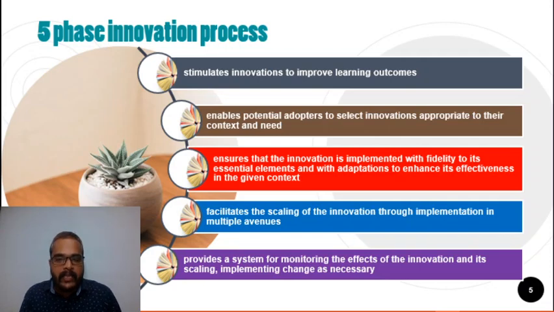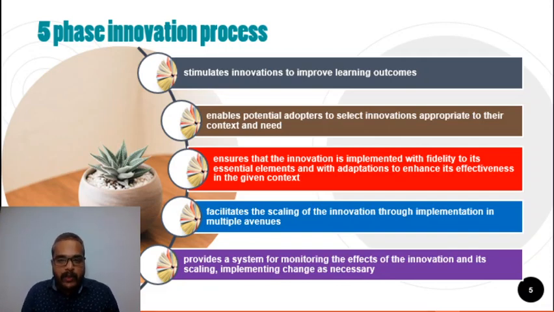We know that there are facilities of innovation that can be used in our classroom. Now, when it comes to online, we know that it can be scaled up. It can be reached to n number of learners.